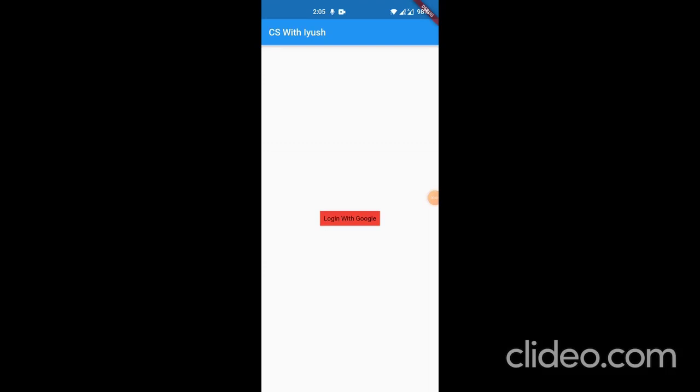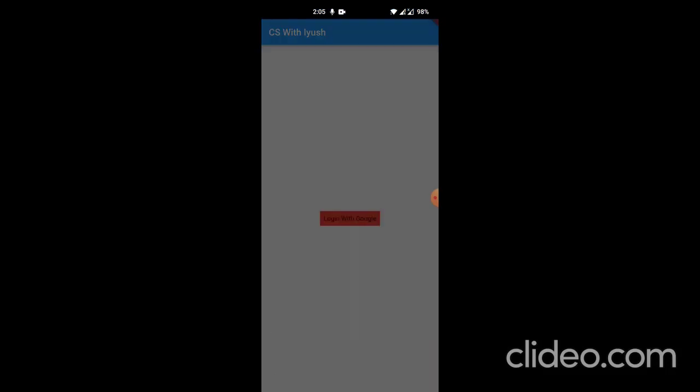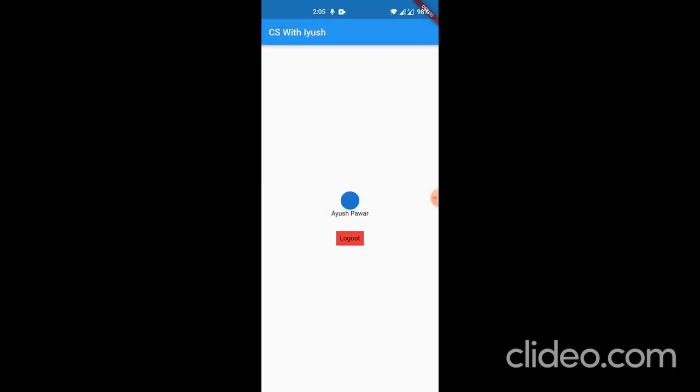In today's video, we are going to see how you can implement Google sign-in with Firebase in Flutter. So this is what our app will look like once we are done implementing the feature. You can tap on the login button, log in with any ID, and you will get your information on the screen. You tap on logout and it has been logged out. So this is what we plan to build today. So let's start the tutorial, guys.